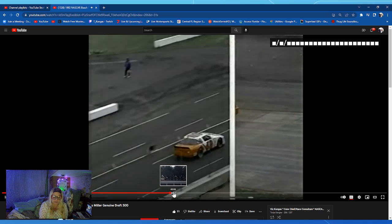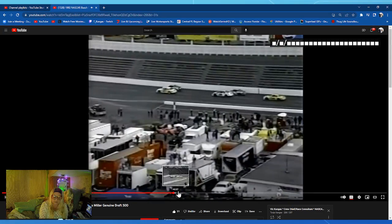They had a good view of the racetrack to tell all their drivers. Now the angle